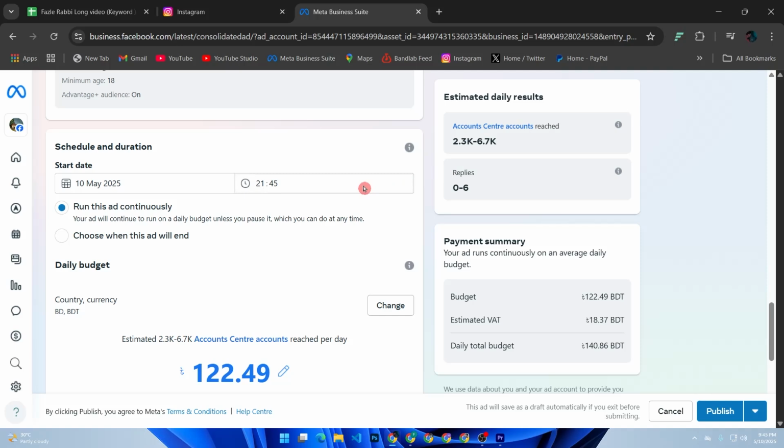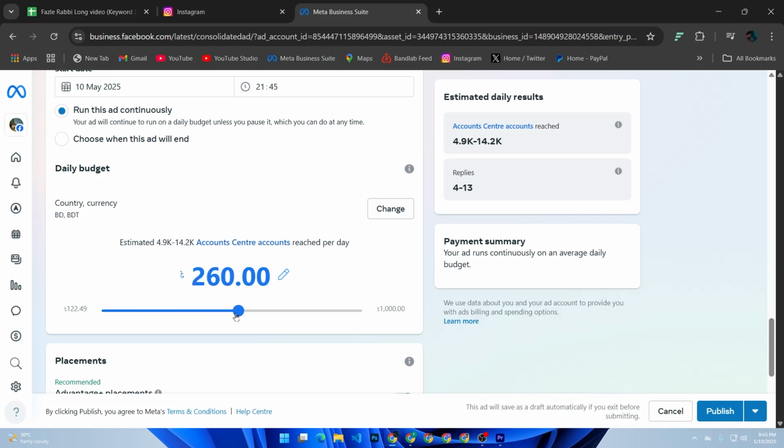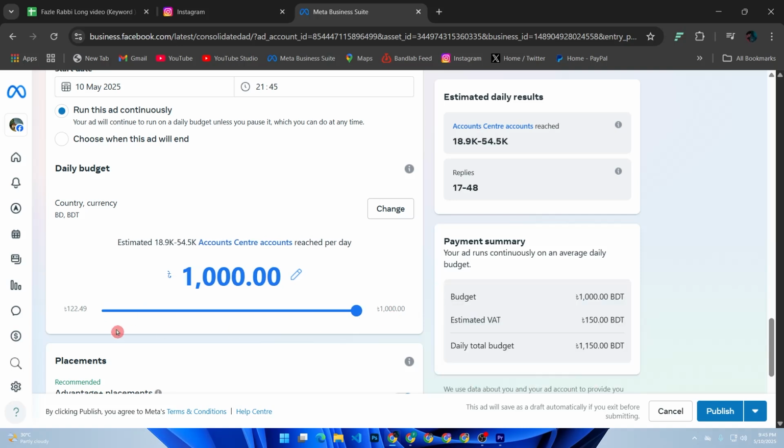Choose between a daily or lifetime budget. Start small, like $5 to $10 per day. For testing, set your start and end dates or run the ad continuously. Meta will optimize your spend over time. Under the ad section,